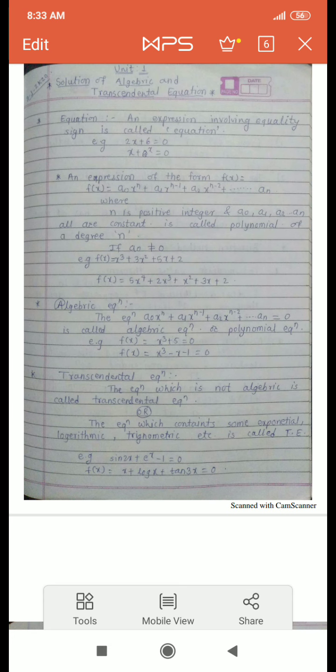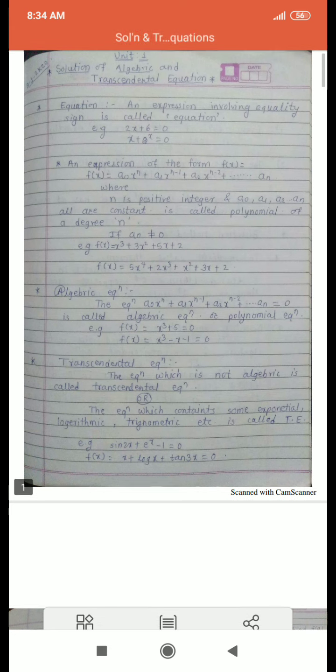First, what is meant by equation? An expression involving equality sign is called an equation. For example, 2x plus 6 is equal to 0 and x plus e raised to x is equal to 0. Both the expressions contain equality sign. Means the simple meaning of equation is that whatever mathematical expression is given which contains the equality sign is called